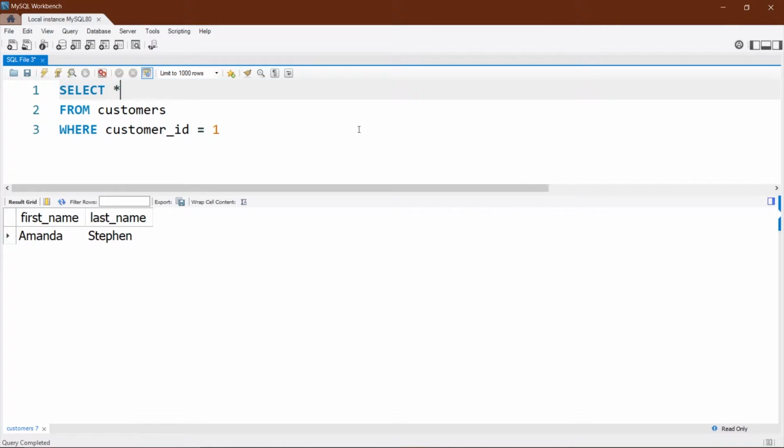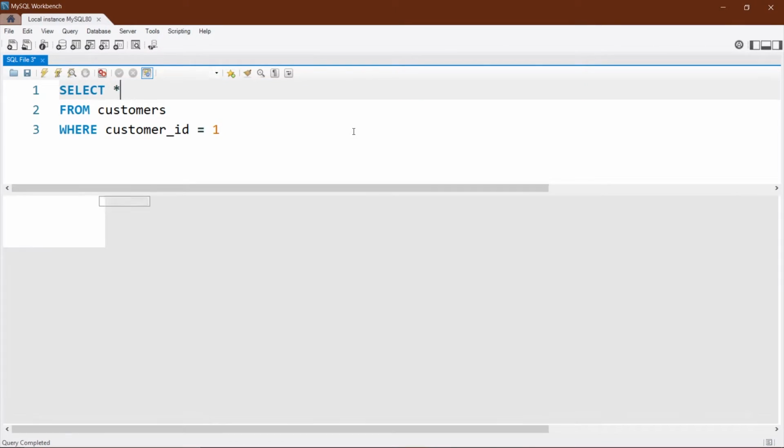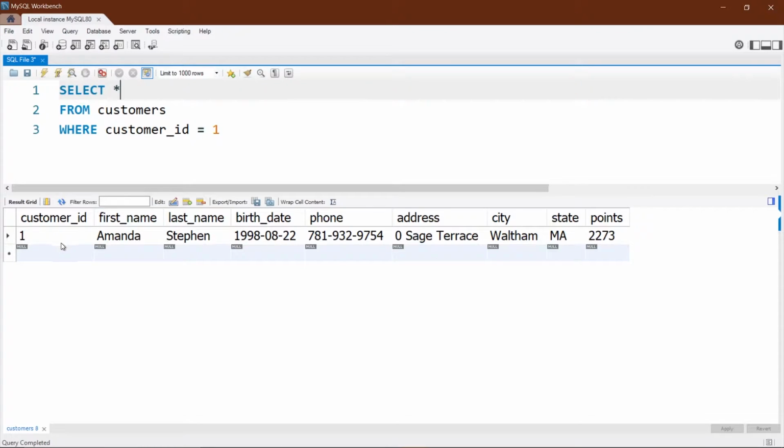Again, I'll make it star and execute it so that we see the whole data again. Here, as you can see, this is the customer ID column. So where customer ID equals 1 means the column where the customer ID value is 1.